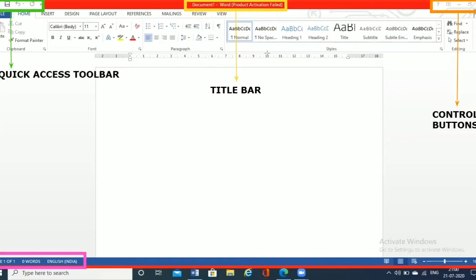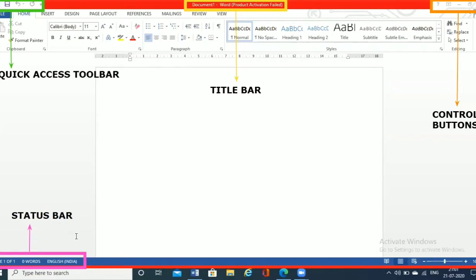As its name suggests, it helps us to know the status of the document which you have created: which page number we are on, how many pages the document has, how many words we have typed, and in which language we have typed the text.